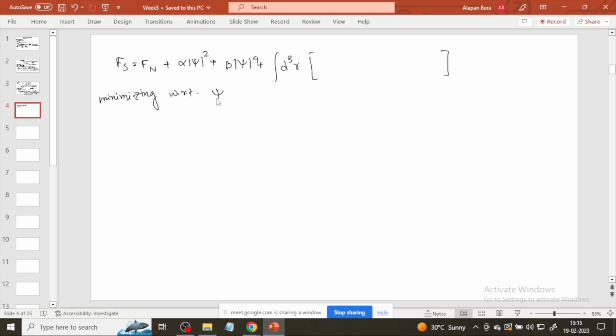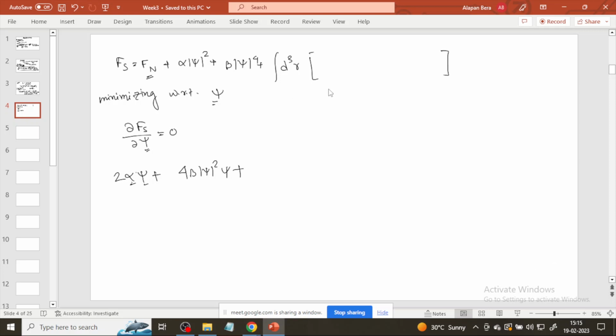with respect to the order parameter psi. Okay, so we are equating this term to 0. So this becomes 2 alpha psi. So this term is constant, I mean, this is not a function of psi. So this term goes 0 as we take the derivative with respect to psi. This term is 2 alpha psi plus 4 beta mod psi square psi